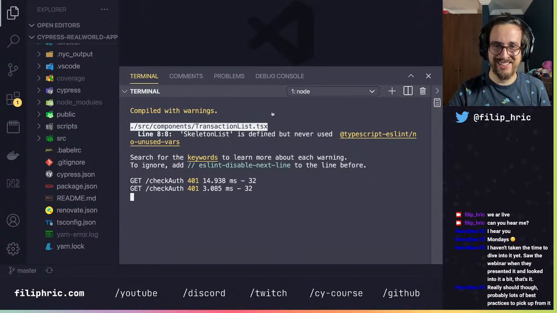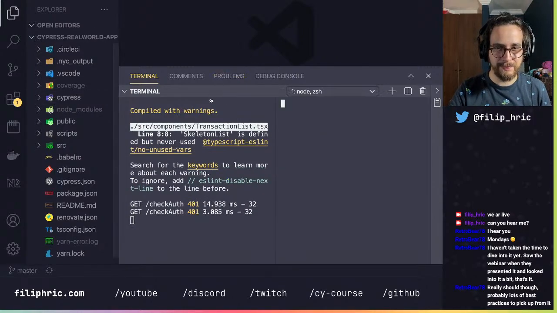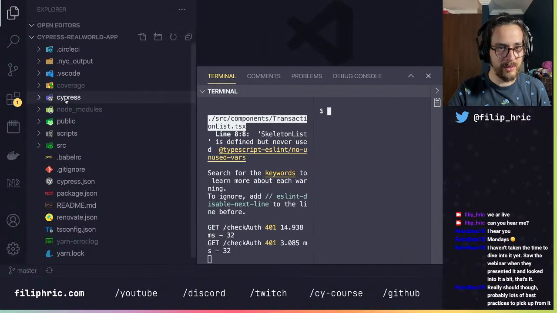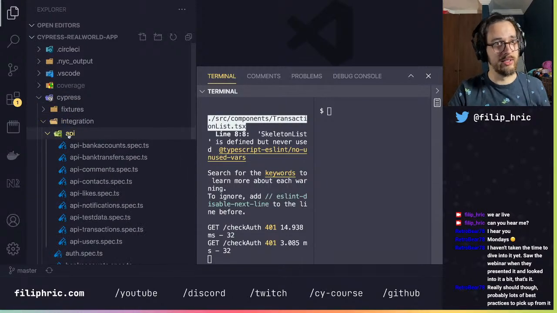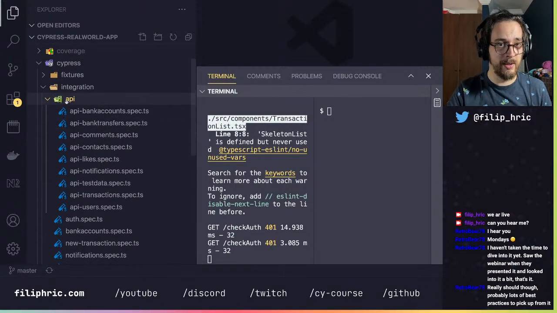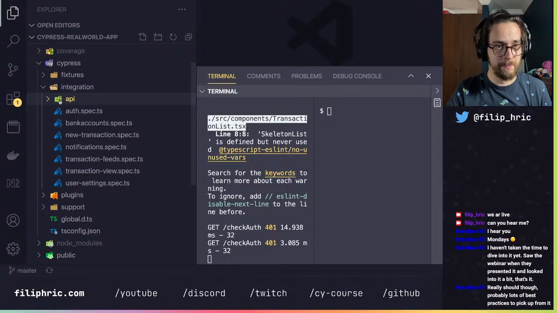Great. So let's open Cypress and look into the Cypress folder and see what kind of tests are here. I mean, Retrobear, you said it very well. There are probably some best practices that we can pick up. So let's pick them up.